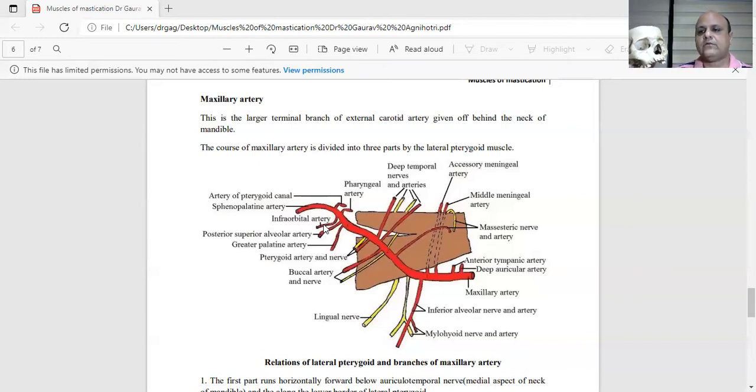So the important thing to understand here is that the third part of the maxillary artery, before it has entered the pterygomaxillary fissure, gives two branches: posterior superior alveolar artery, which supplies the upper premolars, molars, and the maxillary air sinus. And then it gives the infraorbital artery. Branches from the infraorbital artery are called the anterior superior alveolar arteries, and they supply the incisors and canine.